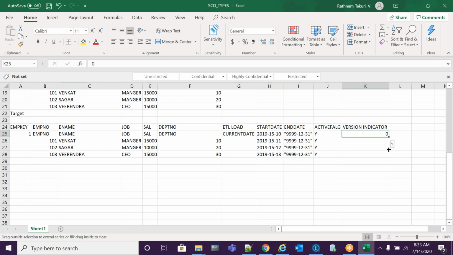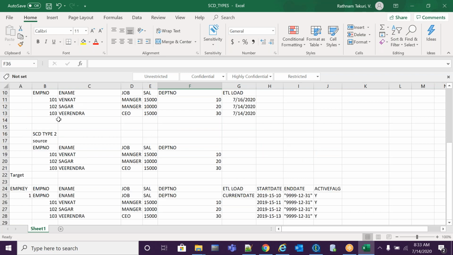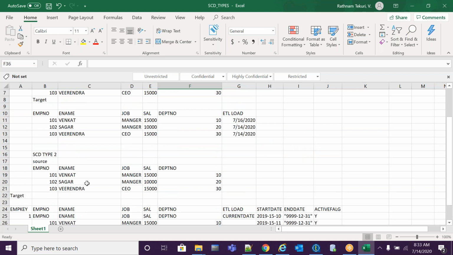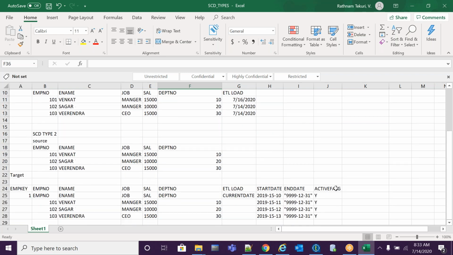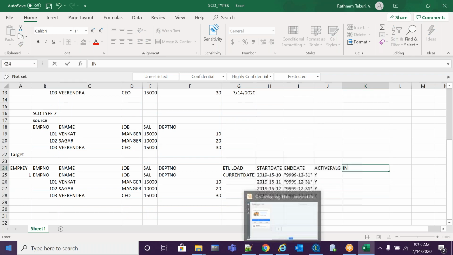Sagar, it's 0, right? Am I correct? Version indicator will not be used for this scenario. Let it be. Okay, we will not use it. Version indicator, we'll keep it, no issues.